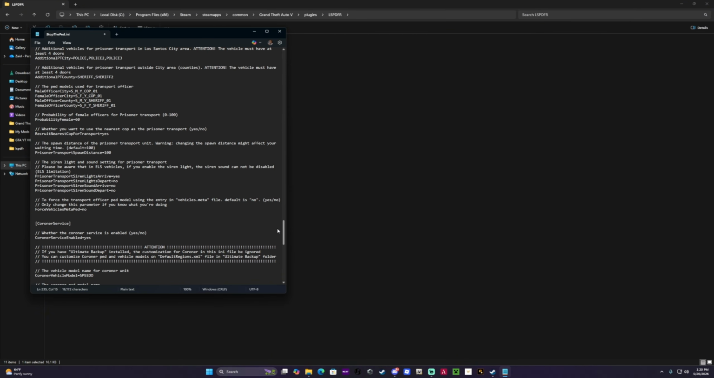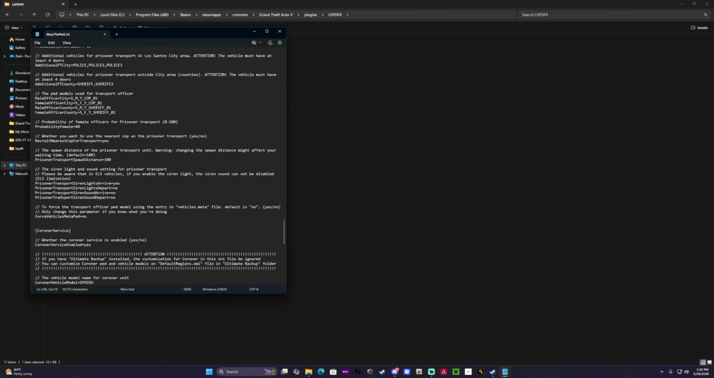So for here, you're going to go to police transport. If you want them to arrive with sirens and lights, you could do that. Or if you want them to arrive with just the lights, you could change that. Or they can depart with lights. So me personally, I like it when they, let's see,